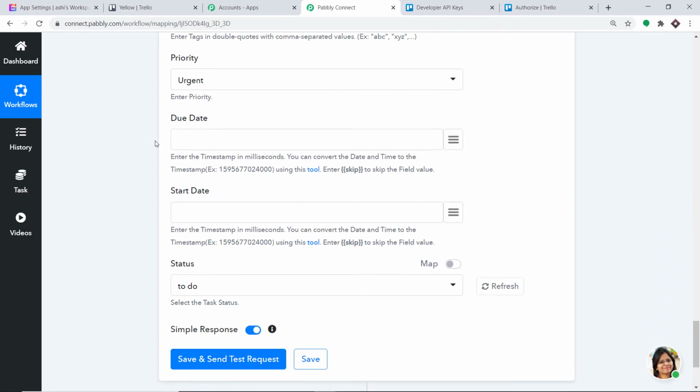So as you can see, we have 2 fields, the due date and the start date. As you may know, we don't have any field or any data regarding the due date. But of course, we have some data regarding the start date. So we have to fill in the start date. Okay, so that's pretty easy. We will map it. But there is one problem.